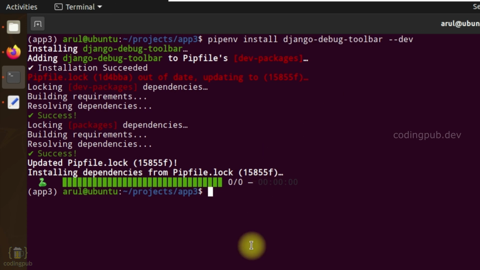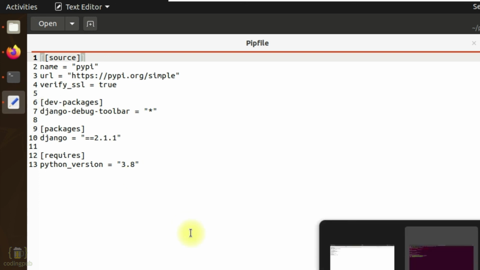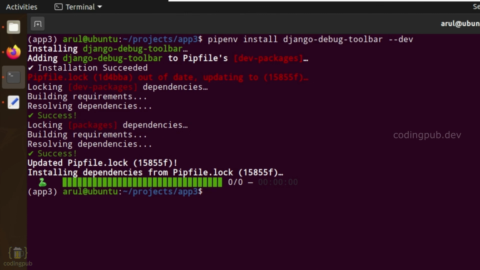So if you want to exclude a few packages from being installed in the production server, you can use this --dev option and use these dev packages only in your development environment. So this is how we can use pipenv to create and manage virtual environments and install the required packages, all with a single command.